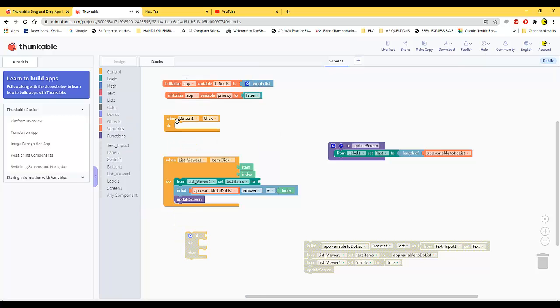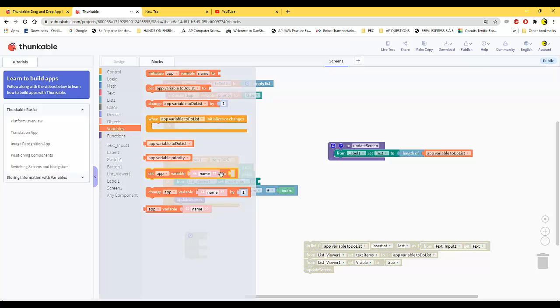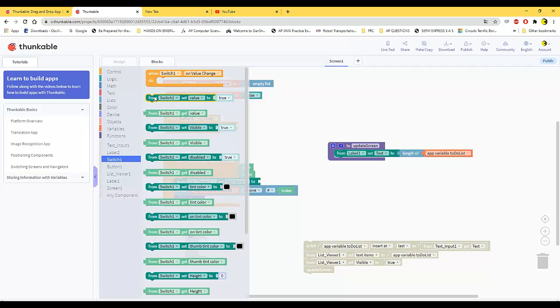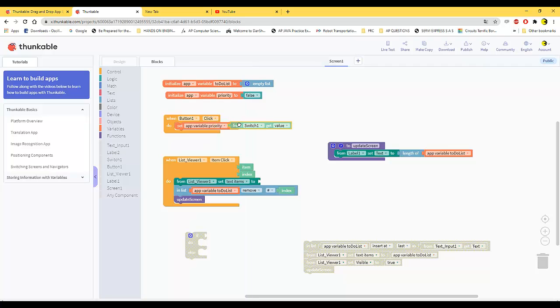So I'm going to click on variables, and I am going to make my variable priority set to whatever I get from the toggle switch. So I'm going to click on switch, and I am going to get the value of my switch. That way I create a Boolean variable, which is always false, and depending on this is where